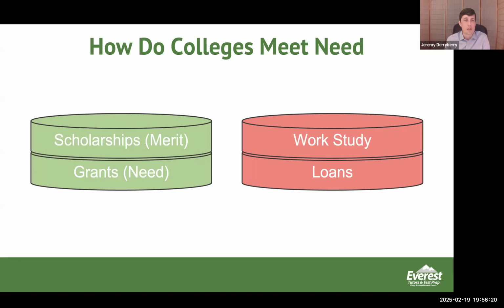Grants are completely need-based. So if your SAI is coming back at a really low number, you're much more likely to be in the bucket getting the grant. You're also going to see work study and student loans that are offered. The work study especially is usually going to go to people with a higher need. Loans are generally available to everybody. Students can take out their individual loan, and then after that, the Parent Plus loan kicks in. And then after that, outside of the college, you'll have private loans also available.